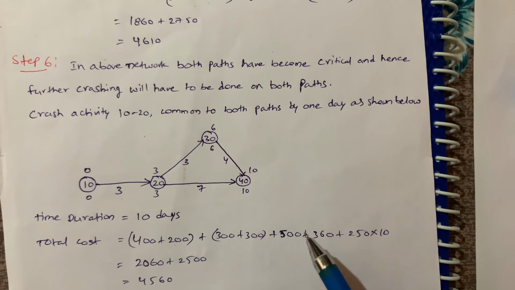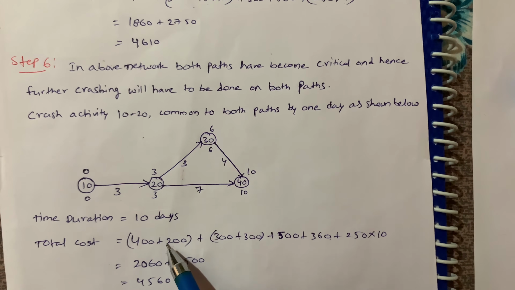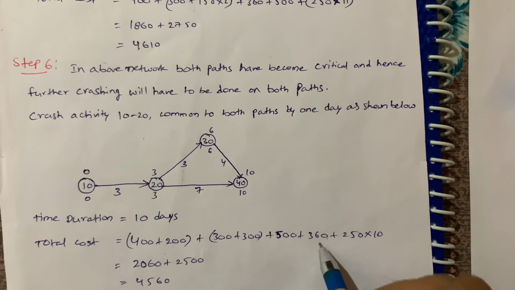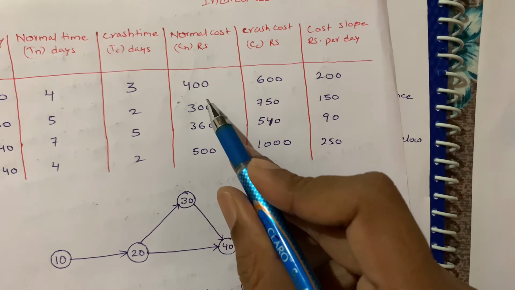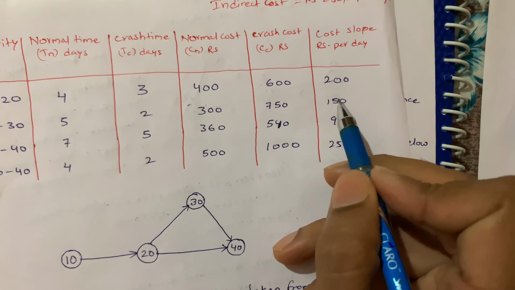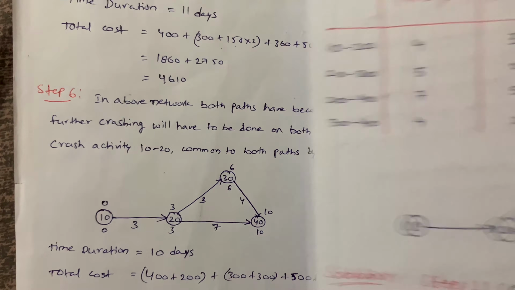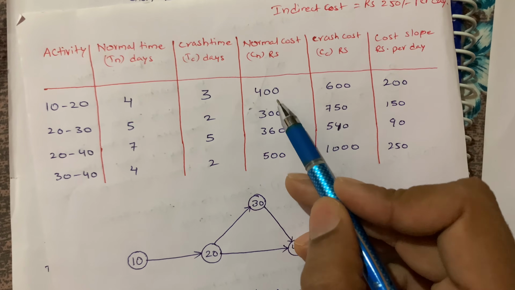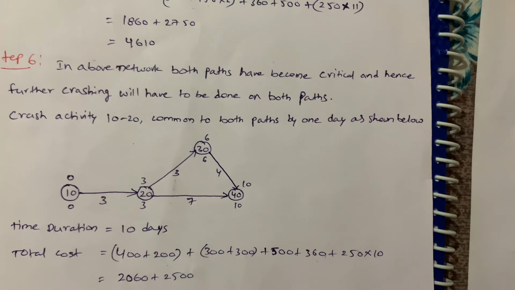Sorry, from here to here it is direct cost. So 400 plus 200 plus 300 plus 300 plus 500 plus 360. I'll show you the values. 400 plus 200, 300 plus 150, 360 plus 500. Okay, so these two paths we altered, 1020 and 2030. That's why I added cost slope for these two values only. Okay, next,